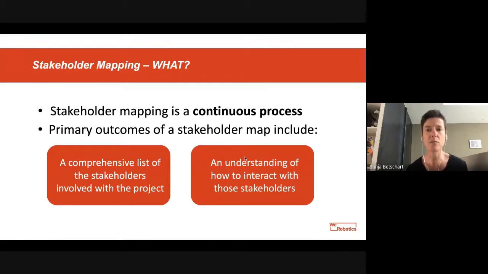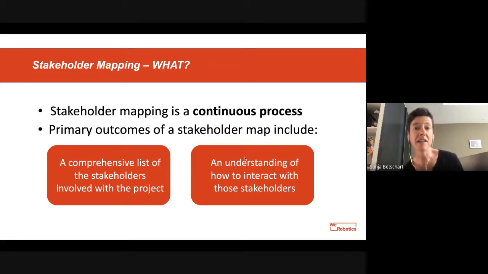It's a continuous process. You will start out with a first list, with a first map of your stakeholders, but as you go on in your project and as you evolve, this list will grow. Some might even drop off because you will see, no, actually, in the beginning we thought these would be stakeholders, but they're not. They might shift somewhere else. And very certainly, a good number will be added as you evolve throughout the project. So it's good to look at this not as something I do in the beginning and then I set it aside because it's done. This is something that is going to go on all throughout your project. It definitely is a continuous process.